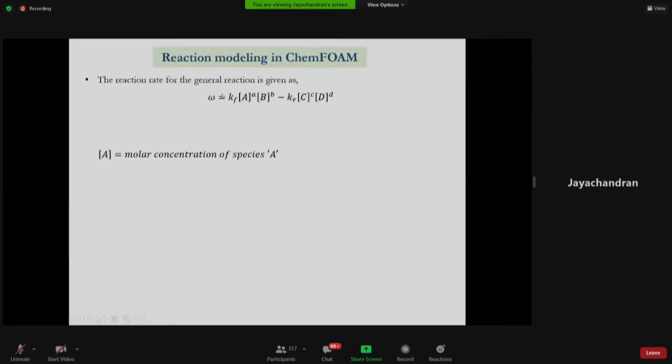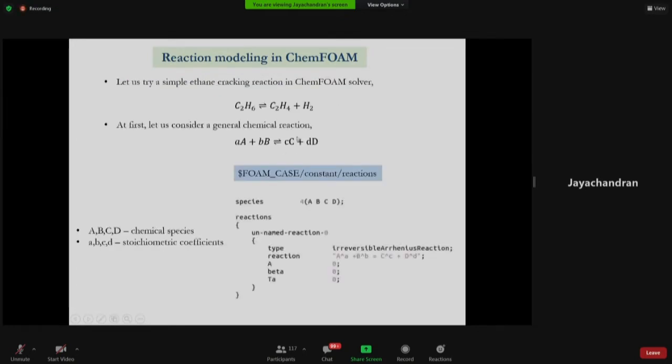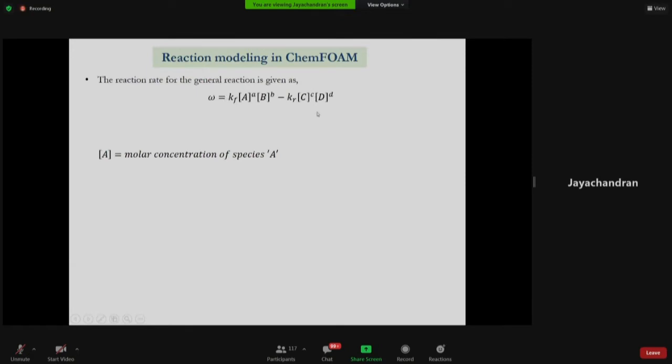So that reaction rate omega will be, for a reversible reaction, Kf, which is the forward reaction coefficient, times [A] power a times [B] power b, minus Kr, the reverse rate constant, times [C] power c times [D] power d. That is for this particular reaction. This square bracket implies the molar concentration of the species.